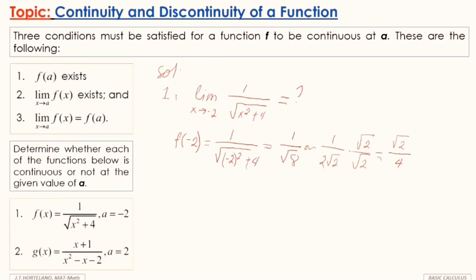So f of negative 2 is square root of 2 over 4. So in this case, f of a exists. Next, how about the second condition? For the second condition,